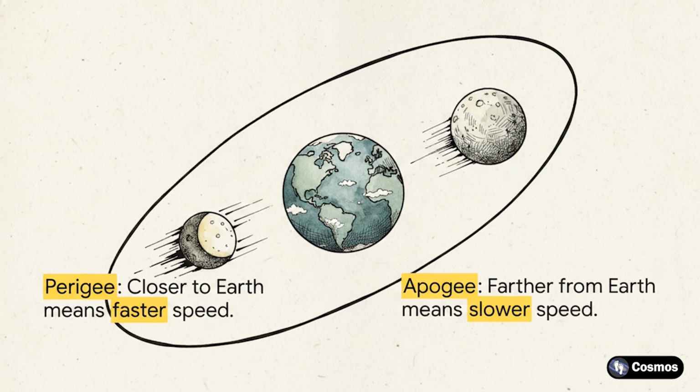When the moon is at perigee, meaning it's at its closest point to the Earth, the gravitational pull is stronger, so it physically moves at a faster speed. Conversely, when the moon is at apogee, which is its farthest point from Earth, it moves at a slower speed. Imagine driving a car around a track, but you're constantly stomping on the gas pedal and then letting off the gas every single lap. This constant speeding up and slowing down makes the math of a quote-unquote standard month incredibly